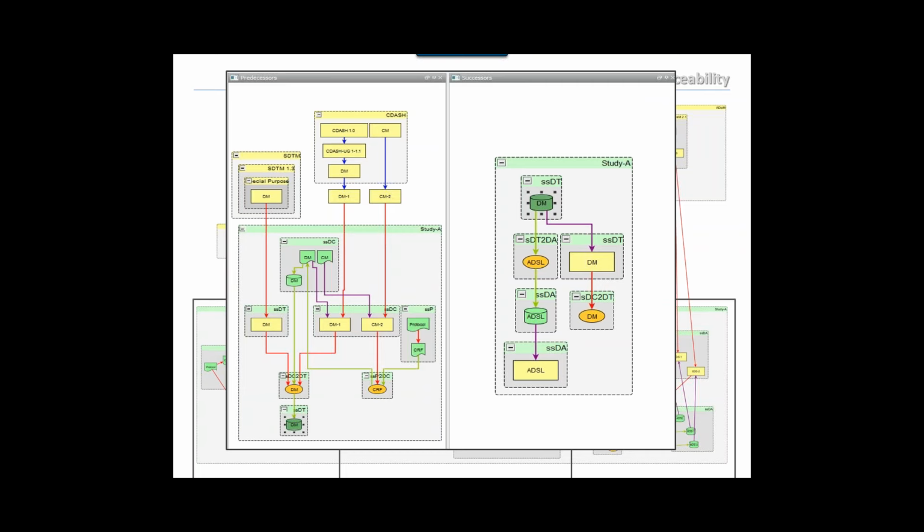And now we also see on the right-hand side a more detailed version of the paths from, showing that the demography data set is being used as a contributory element in an ADSL data set. And we can continue this idea throughout the model. So if we now look at the ADSL data set, we can see that the path to now includes all three contributory standards